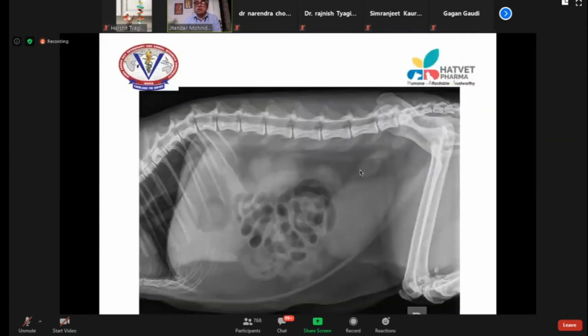So this is a radiograph. This is a radiograph of abdomen. And if you see here, I will one by one show you all the five opacities. Black areas, these black areas here, these are gas in the intestinal loop. All these black areas are gas in the intestine. This black area here, you see, this is black area in the lung. Black is gas. So anything black you see on the radiograph is gas.